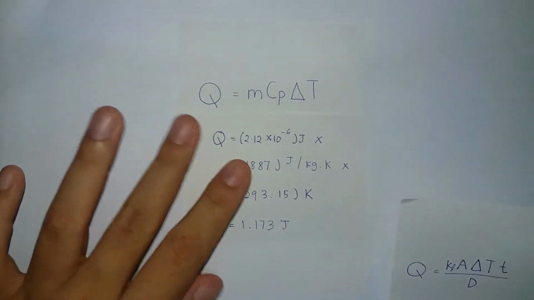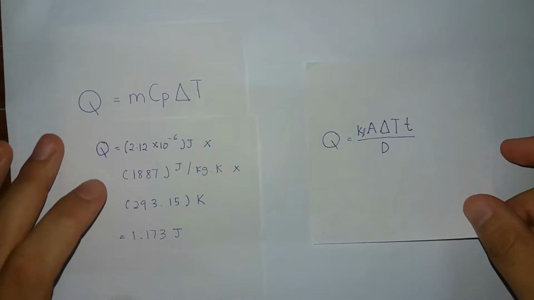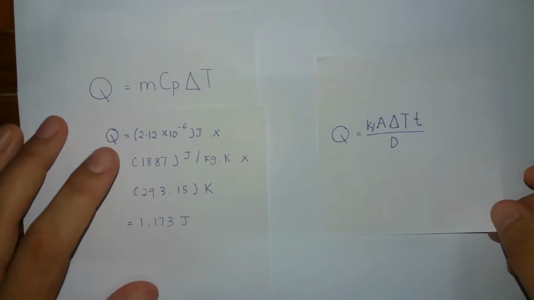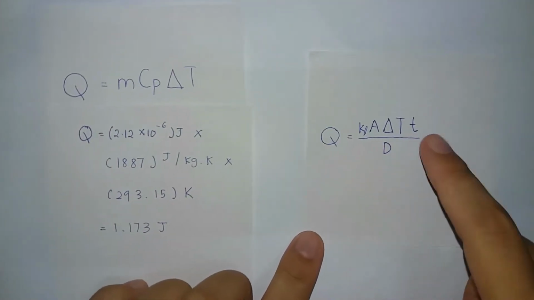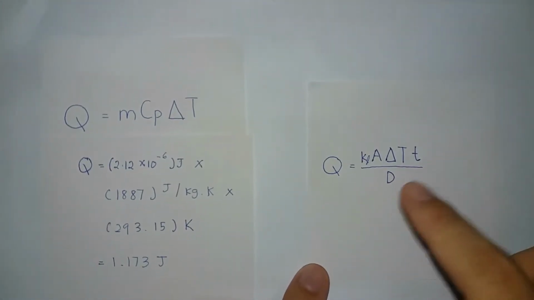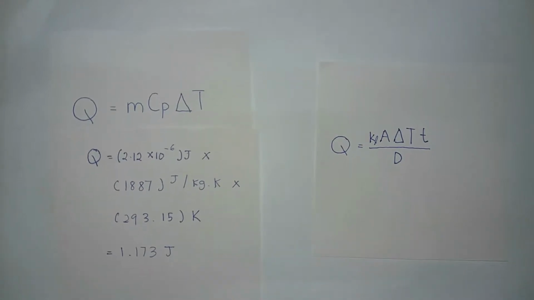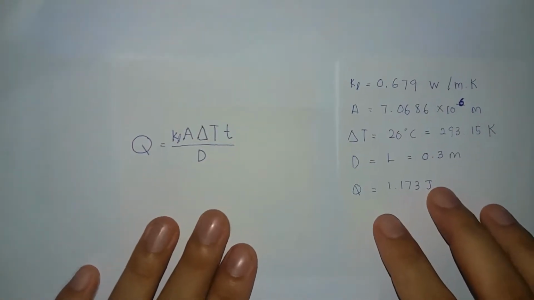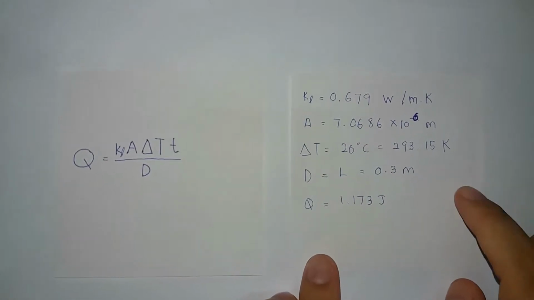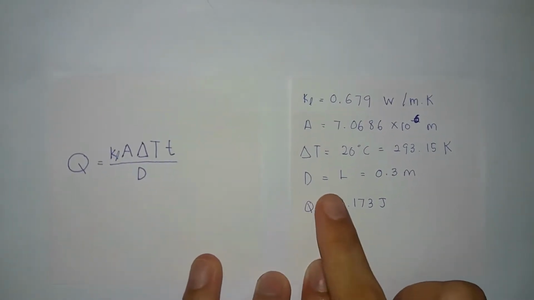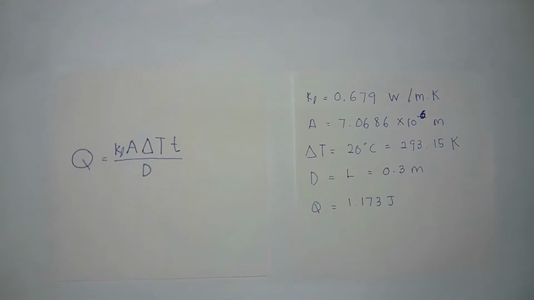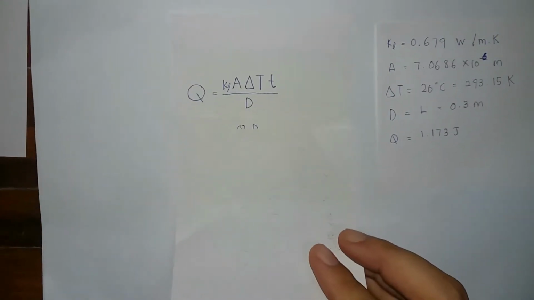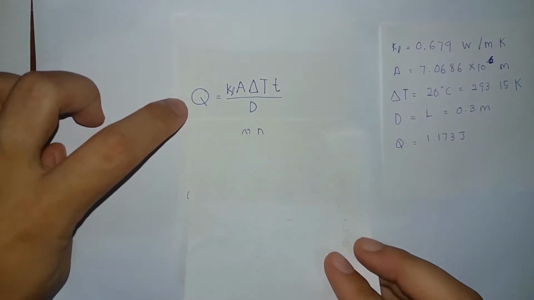After we found the value, we use this equation to find the time taken to raise the temperature, which is Q is equal to KL times area times delta T times T over D. For this equation, the values of the constants used are shown here, where D represents the length of the plate, equal to 0.3 meter. From this equation,